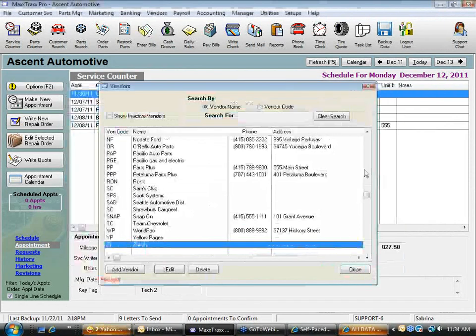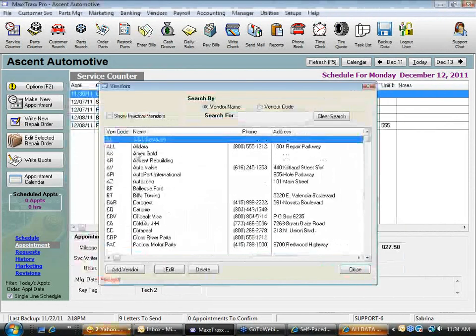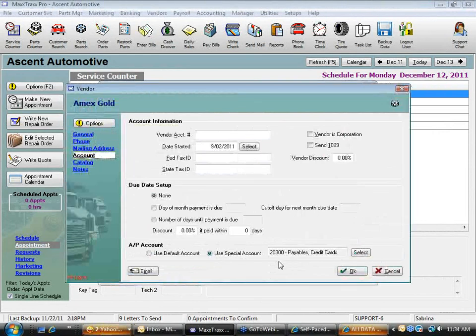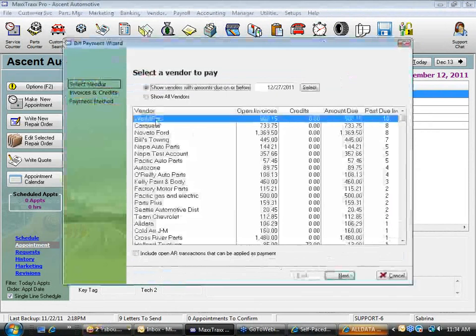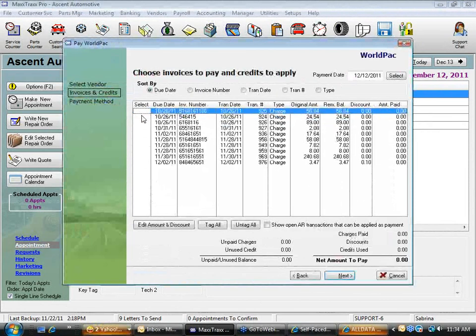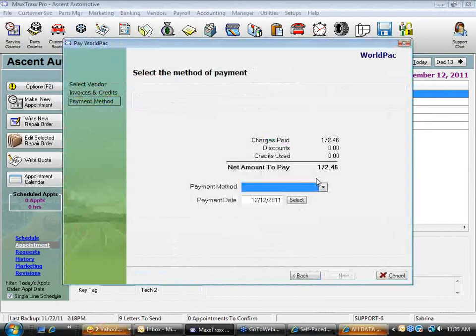Let's look at the other one, American Express account. Again, it also is posting, instead of to 20,000, to 20,300 payable credit card. What makes that really cool, guys, let's go back into pay bills, is I can say with WorldPack, I'm going to tag a couple of WorldPack invoices here. Next, you see I've got American Express Gold and Citibank as a payable option. So frankly, what's happening when we really do that? If we select WorldPack and say that would be the smallest WorldPack bill in history, Citibank Visa, if I did that,